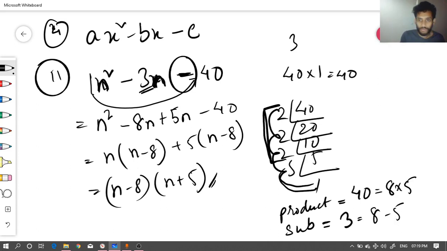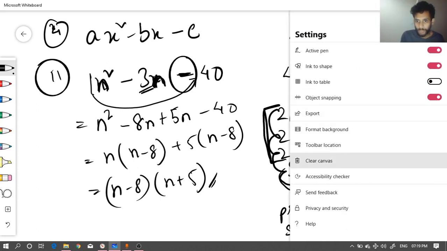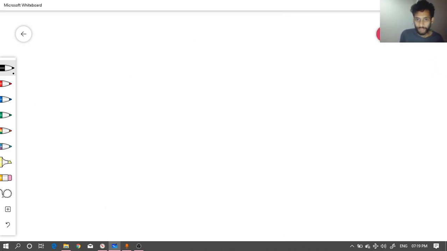Now again a revision. We will not be doing much of the questions, but this exercise and the next exercise we will be doing together. So in the next class we will be doing both the exercises. So again a recap, in these questions there are two things.